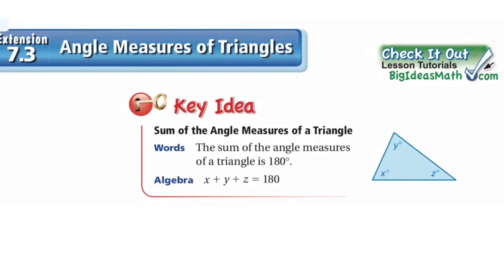Okay, so this is 7.3, the extension, and the key idea is if you add up all three angles in a triangle, they equal 180 degrees. They have to. They always equal 180. If you add up all three angles in a triangle, they add up to what? 180 degrees every time. That's pretty much the whole lesson. If you can add up three numbers to get to 180, this is going to be a pretty easy lesson